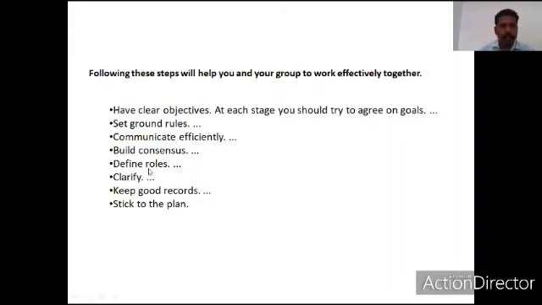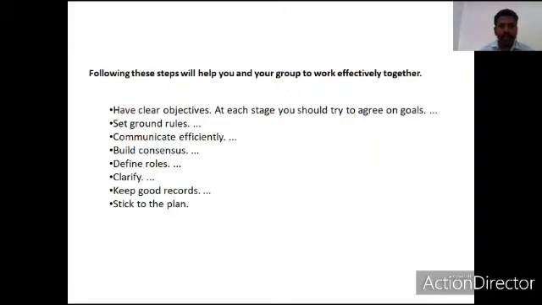The next one is to define the roles and responsibilities of all the activities for all the persons. When the group activities have been delegated to different members of a group, whatever work they need to undertake in order to attain the goals, all those roles and responsibilities should be clearly spelled out before the start of the activity or the event itself.